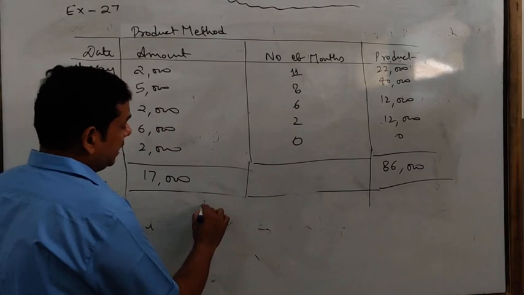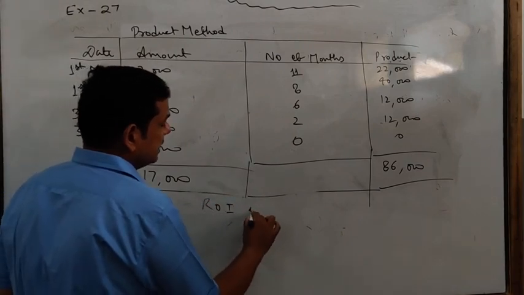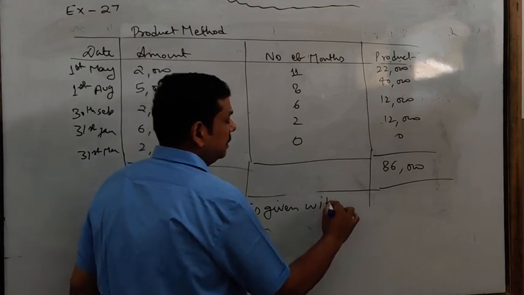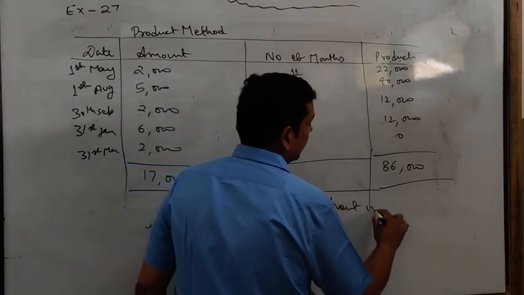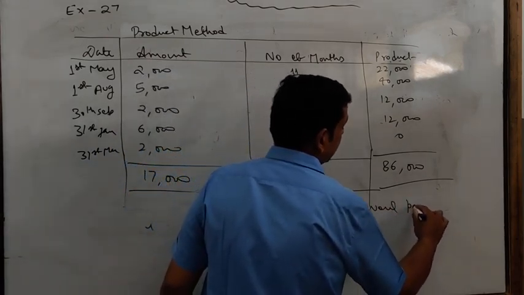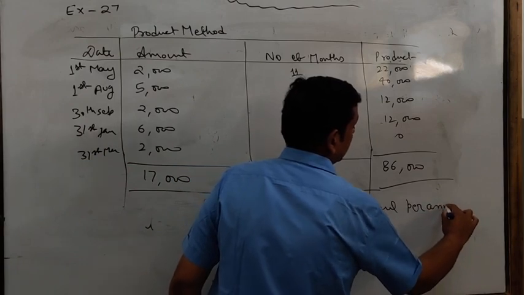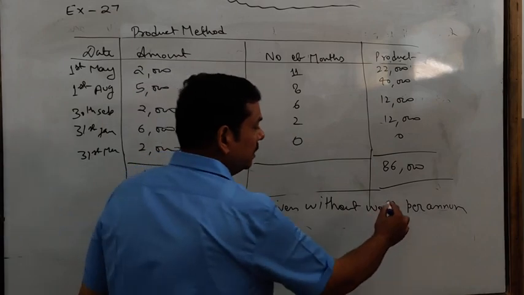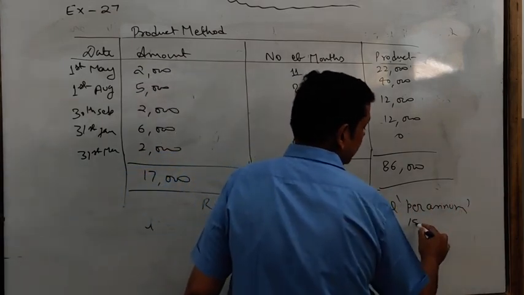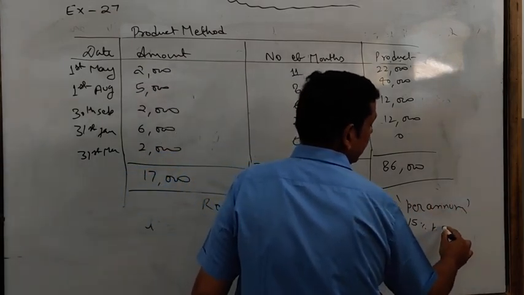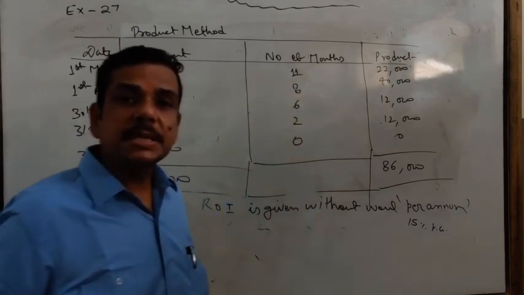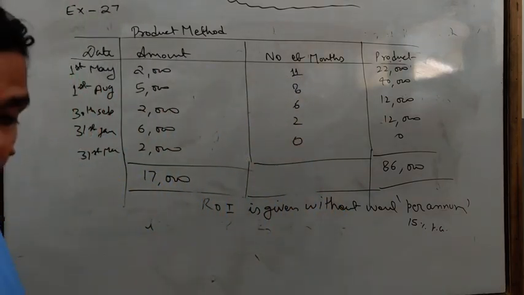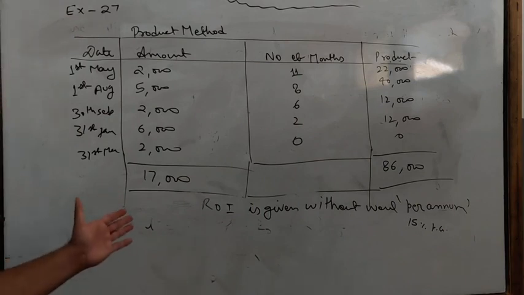And in the next case it's again very easy. If the ROI, this means rate of interest, is given without the word per annum. Per annum means every year. If this word is not added to the percentage, if it's 15% and PA is not written, then time is immaterial. You can calculate the amount of interest for the full year. Clear? So I hope this thing is clear to you.